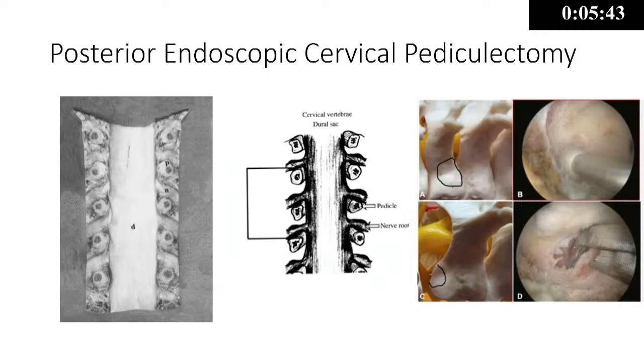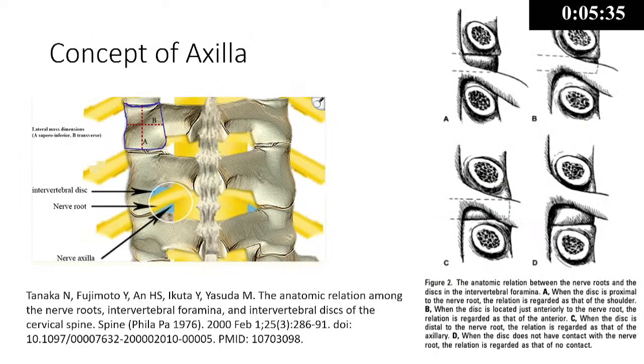Actually, in the cervical spine, if we retract the nerve more, there are chances of traction and injury. To avoid that, we have to do some amount of pedicle resection also. So from the superior articular process and inferior articular process, some amount of the pedicle has to be removed. It depends upon the pathology, but many times we have to do a medial pediculectomy.